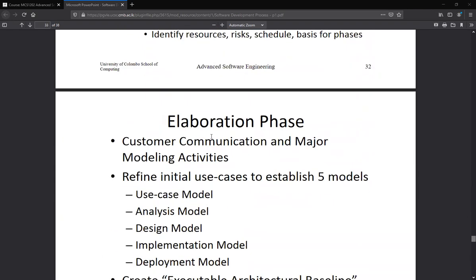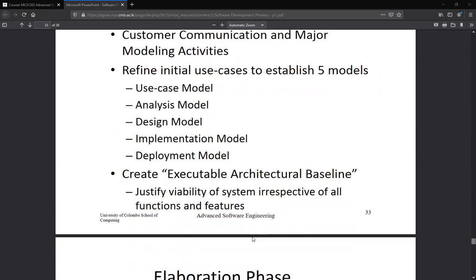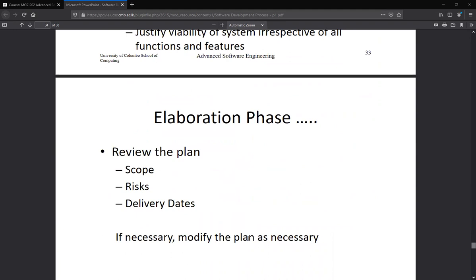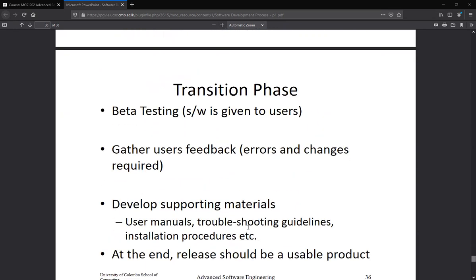And then elaboration is where you elaborate to expand the things and create the larger one, creating the models and refining the use case model, and probably you come out with an executable architecture baseline. So how this is built and created. Review plan, scope, risk, and the delivery dates. Okay, construction phases, the transition phase,